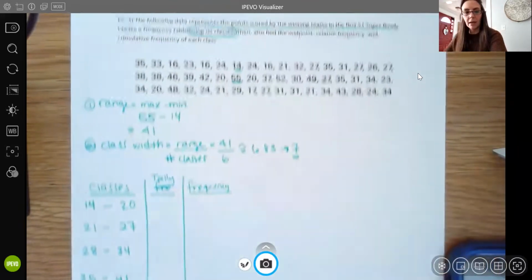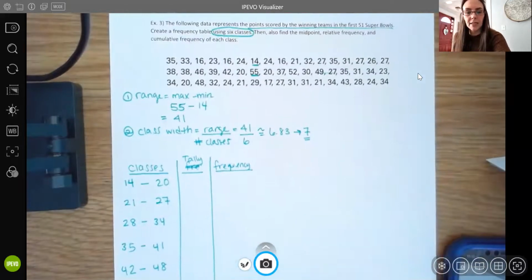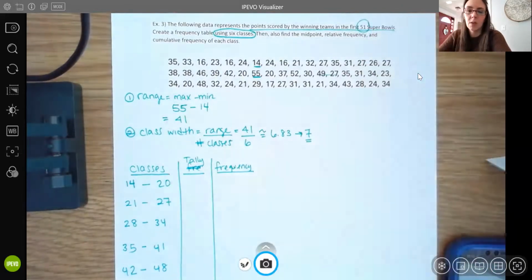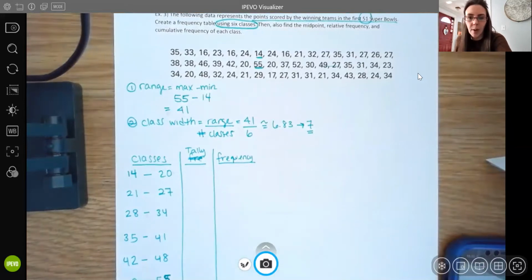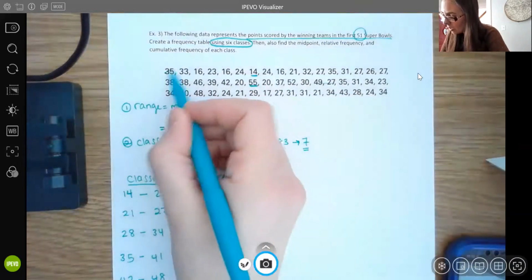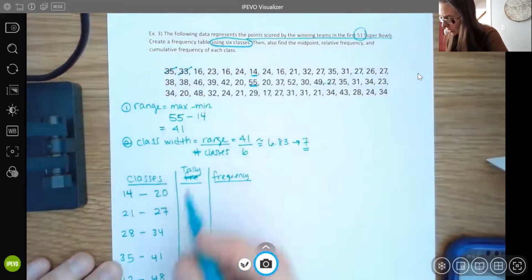And now I'm going to go ahead and I'm going to zoom out. And again, this is a good time for you to pause the video, and I'm just going to tally where all these values occur. I have 51 points here, so it's going to take me a little bit of time. So I'll start it, then I'll kind of pause the video and jump to the end again. So go ahead and try along with me. So I'm going to start with the number 35. So 35 goes in this row right here, 35 to 41. Then I have 33, which goes here,